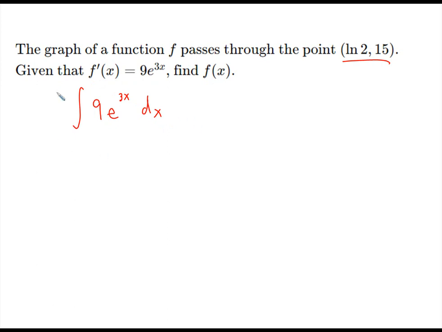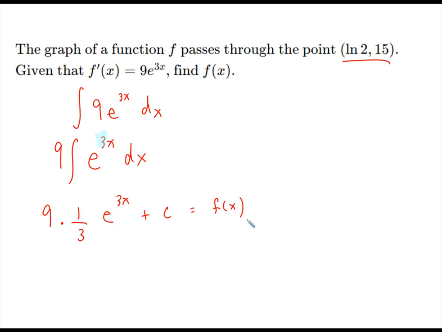right? And if we integrate this, first of all, there's 9, we can pull it outside the integral. So we're just integrating e to the 3x power dx. Since we have a number other than 1 in front of this x, this is like the integration table for f of ax plus b. So we have 9 here times, since there's a number other than 1 in front of this x, we start off with 1 over this number, right? And we integrate e to the 3x, that's just e to the 3x, and then plus c is equal to